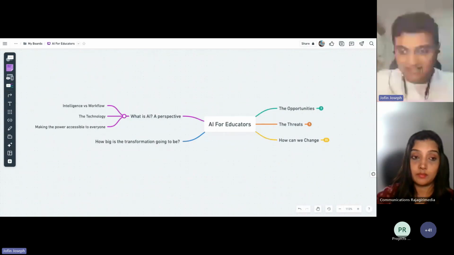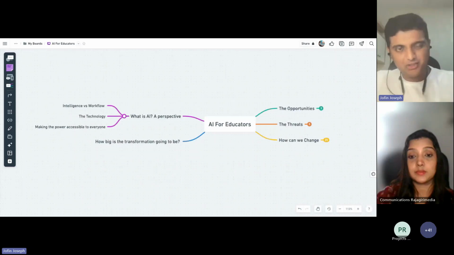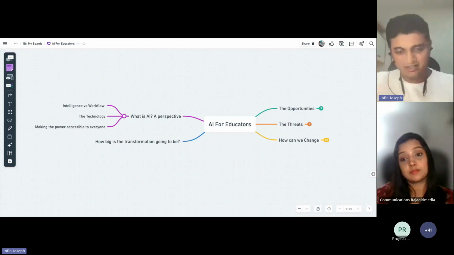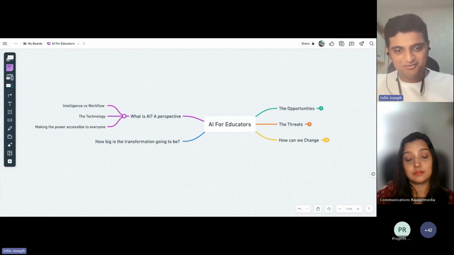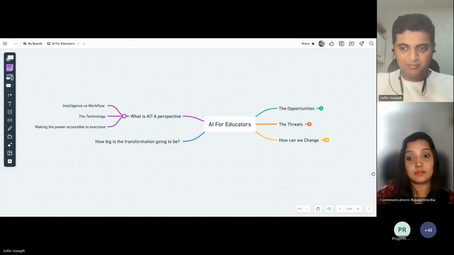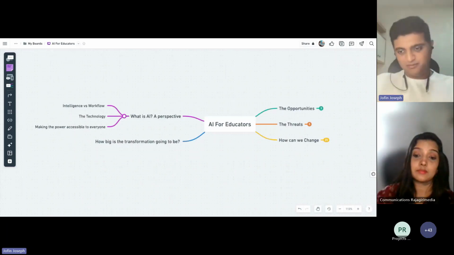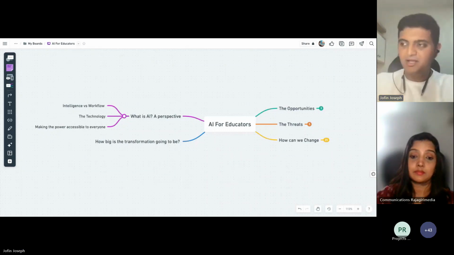And I specifically use the word looks because it only looks intelligent. It actually does not have the cognitive abilities that a human does. So I always like the term fake intelligence rather than artificial intelligence for this technology, the LLM technology, because it's basically predicting the next word and creating an illusion of intelligence. That's what is happening in this technology. Okay? I just said this so that you are aware of it.